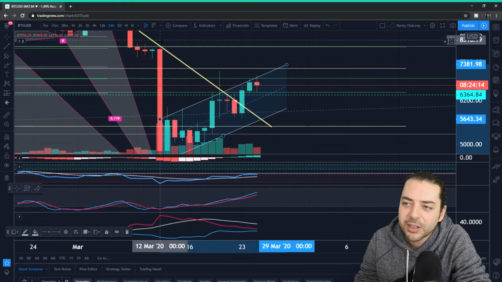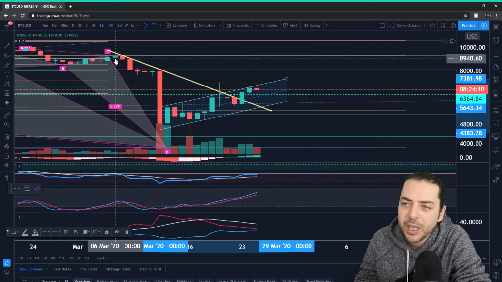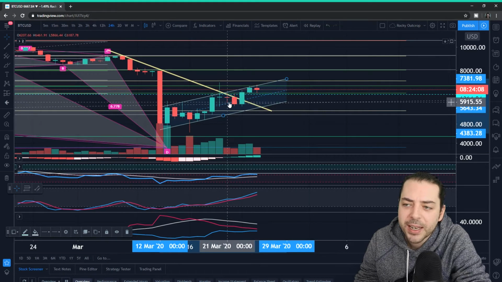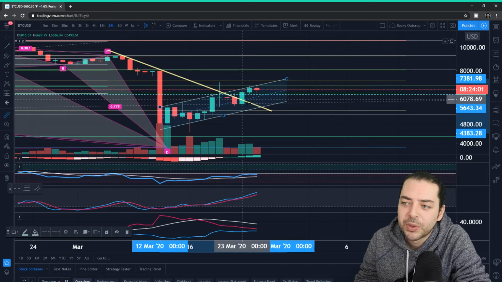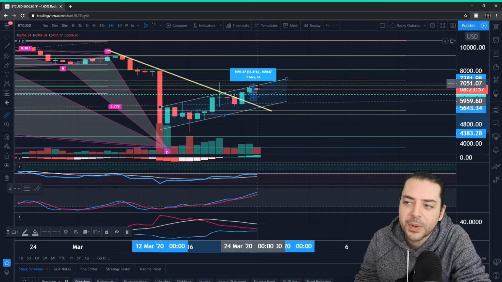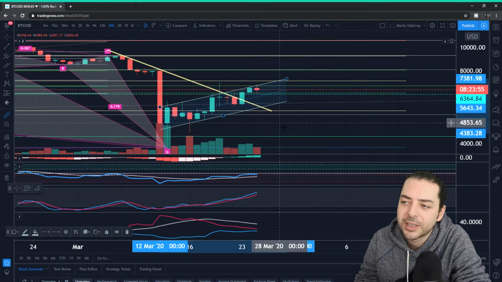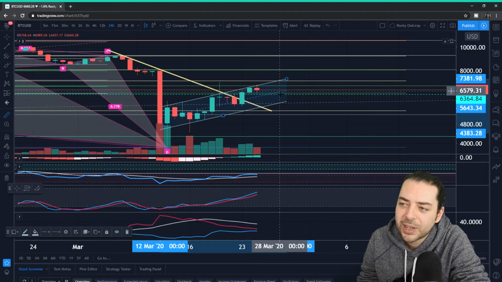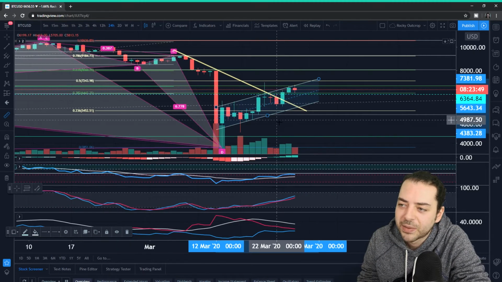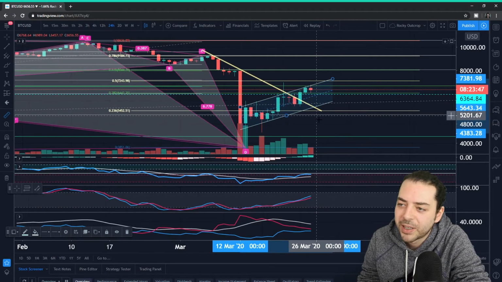Let's take a look first off at this bump and run thing and see how it's been getting on. I'm not a massive fan of it, but hey, it's all right. In terms of whether you could have used some ideas like this and taken profit off them, you're looking at 20% increases in price, so you can just accept that as having been a successful pattern for you, if you like,